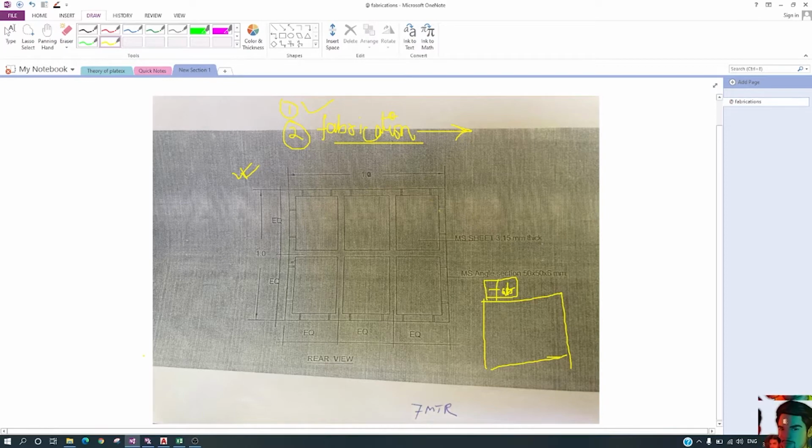So what you do is make a shop floor drawing and send that drawing to your factory. The factory members make the production as per your fabrication drawing.